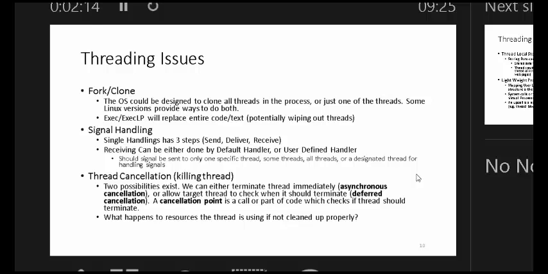To realize that all the things that we have in real life, they just represent themselves in an OS in a different way. So the first one is fork. If I'm going to clone something, do I clone everything, or do I pick certain things to clone? Second thing, signals. If a signal comes, like if someone comes to the door right now and says, I want to speak to somebody, are we all going to say yes? Or will one person say, okay, I am the representative of the class? Or someone from the students will say, I am the representative. Somehow, there has to be some mechanism. So these are design choices that have to be made.